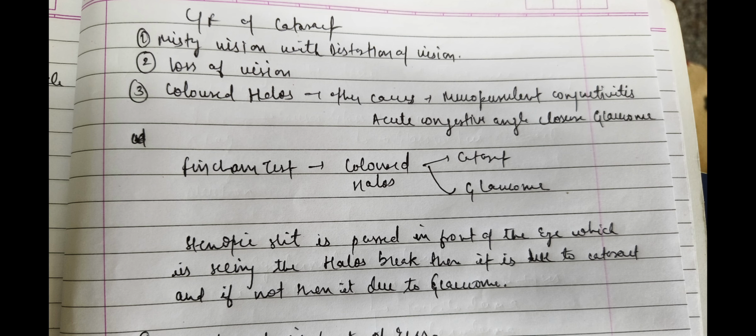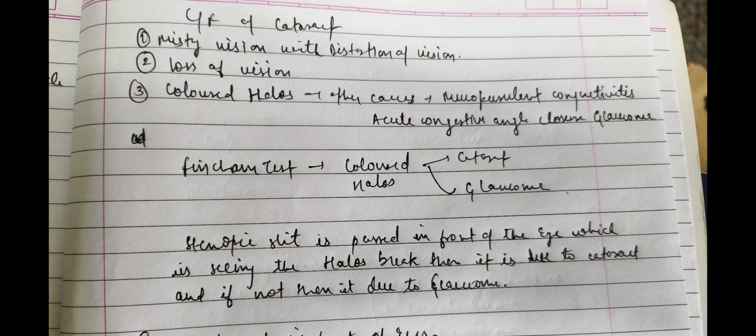Now, the complications of long standing cataract. If you do not treat a cataract for a long time, what can it cause in the future? It can cause uveitis, the inflammation of the uveal tissue. Next, there could be subluxation or dislocation of the lens, as we see in a nuclear sclerotic cataract, or it can cause glaucoma even. And what type of glaucoma? It is because of